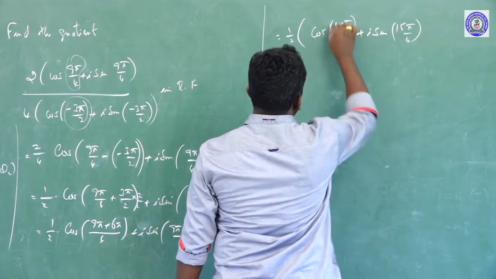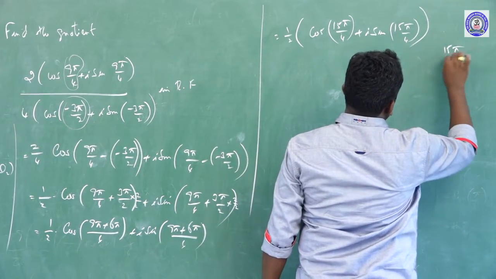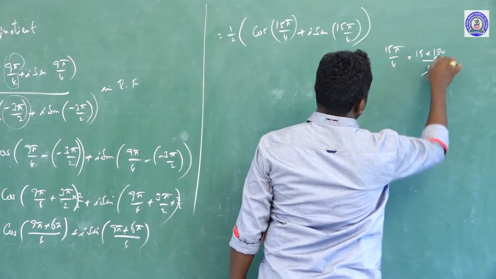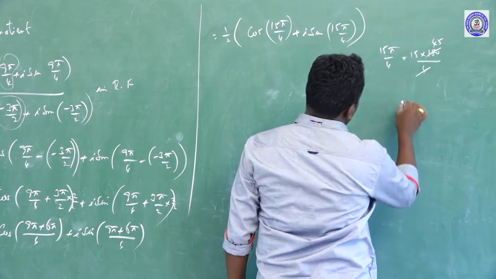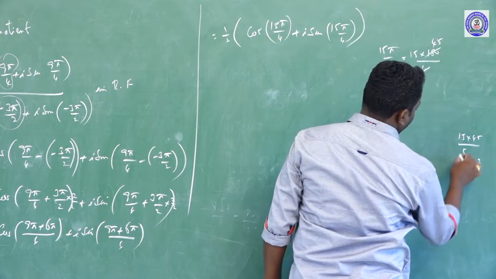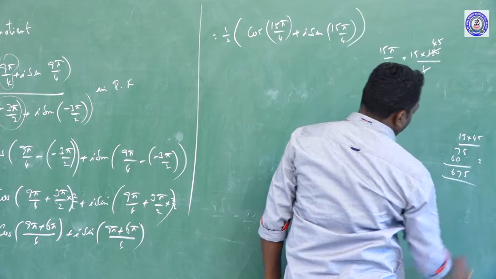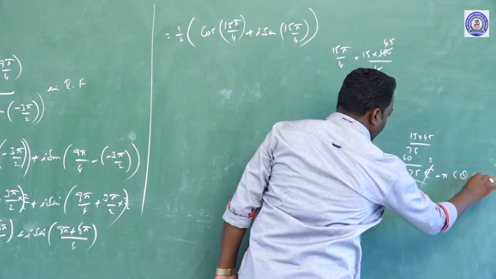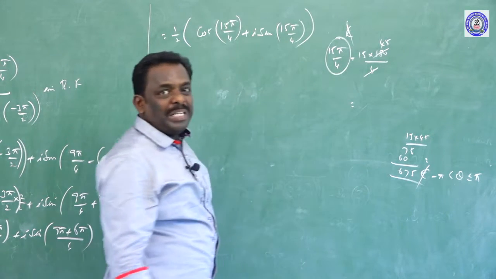Next one. Now we again compare this term, 15 pi by 4. That is equal to 15 into pi, which is 180, divided by 4. Cancel the 4: 4 times 45 is 180. Now multiply 15 into 45, which is 675, so the remainder is 576. Therefore, 576 does not belong to minus pi less than theta less than or equal to plus pi. Therefore, this number does not belong to the interval of the principal argument.